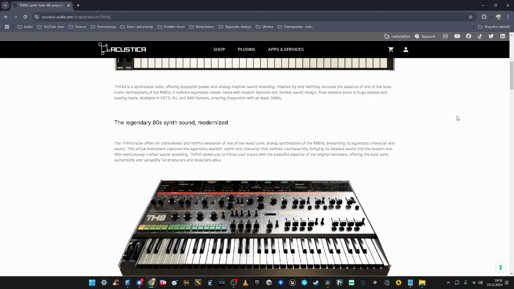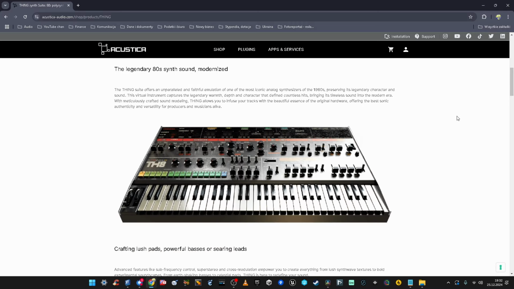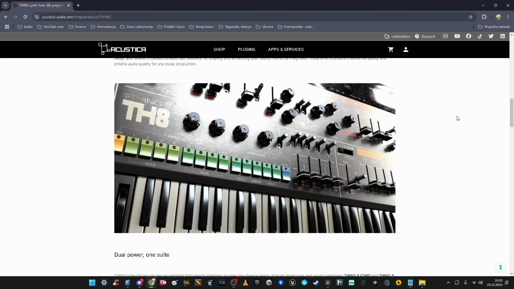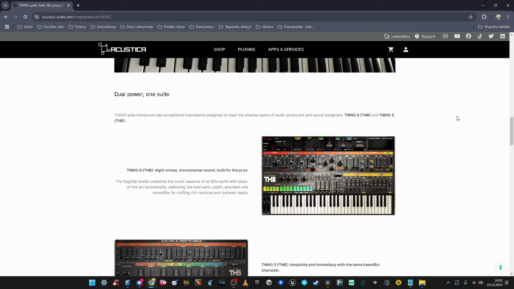I'm serious about it. This is as close to analog feel, at least I can't say if it's as close to the original as it gets, because I don't own the original, but the feel of this synthesizer is very, very organic, very, very authentic, and very, very lifelike.